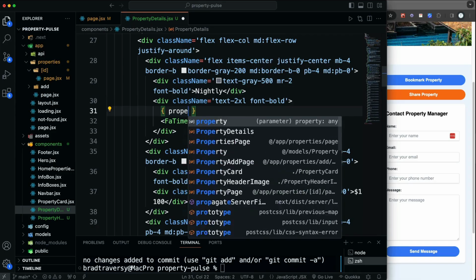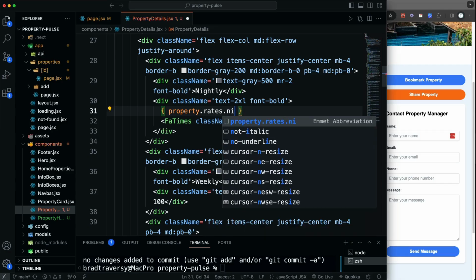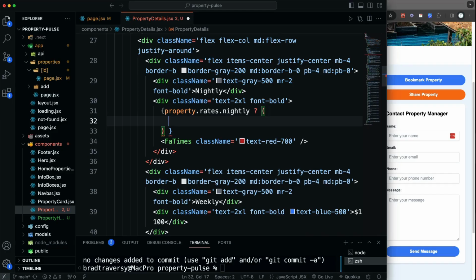And we're going to say if property, we're going to use a ternary. So if property.rates.nightly, so if that exists, then we're going to show that. So we'll just put some backticks here. I'm going to put a money sign and then a money sign so I can use a variable in here and say property.rates.nightly. And then actually I want the thousands comma, so we're going to add toLocaleString. And then outside of the backticks, actually outside of that parentheses, we want to do our else, so our colon,